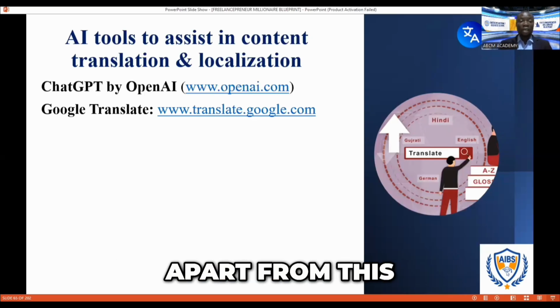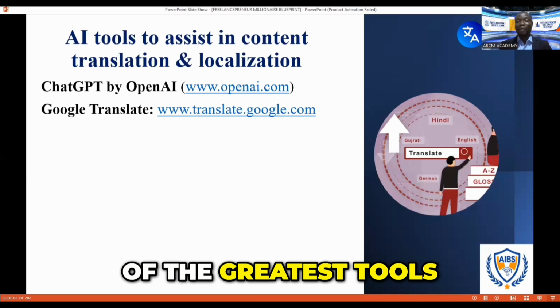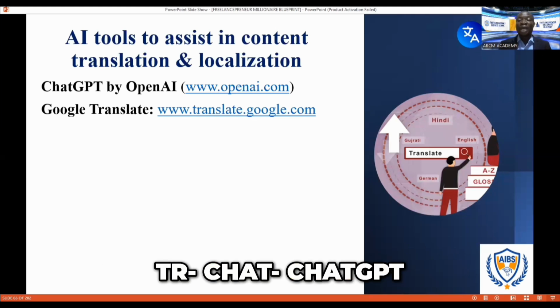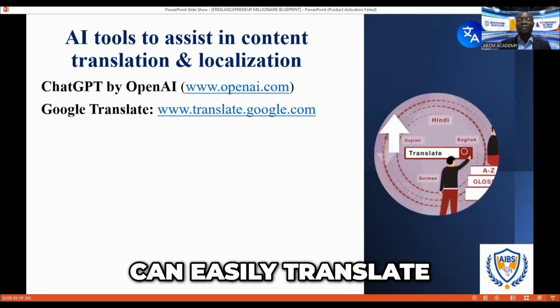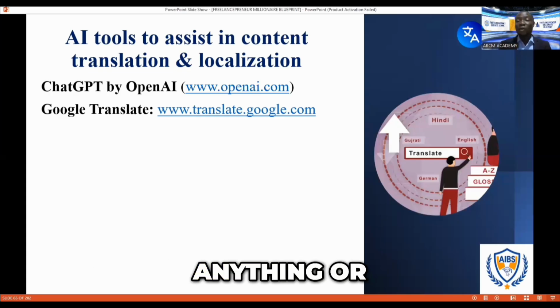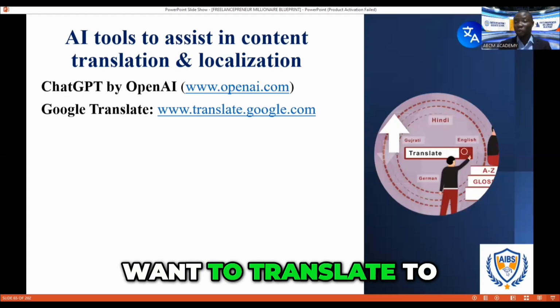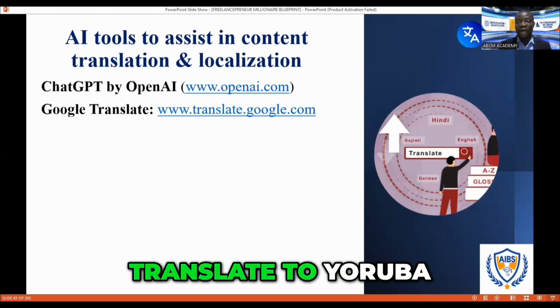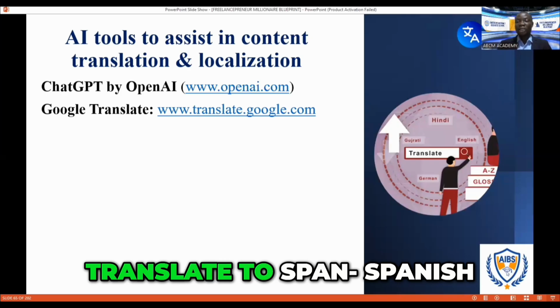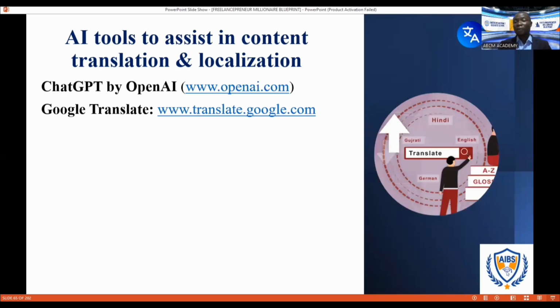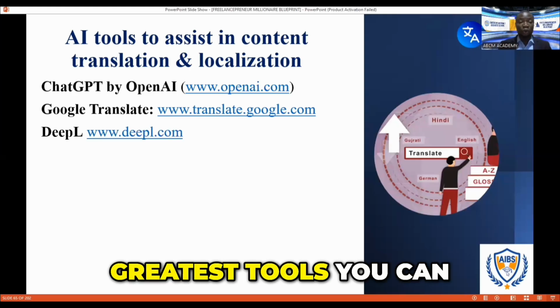Apart from this, ChatGPT is one of the greatest tools. I've told you this is one of our greatest secret weapons. ChatGPT can easily translate any document from one language to another. Think of any language you want to translate to. You want to translate to Swahili, Igbo, Yoruba, or Spanish. Think of any language you want to translate to. ChatGPT is one of the greatest tools you can use.